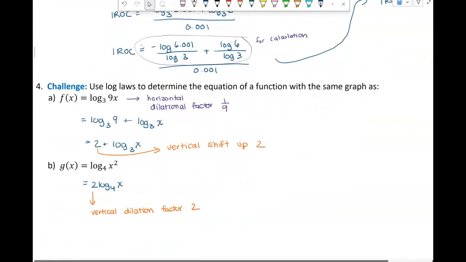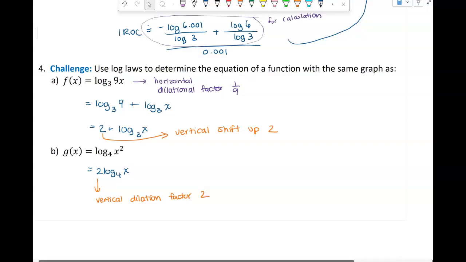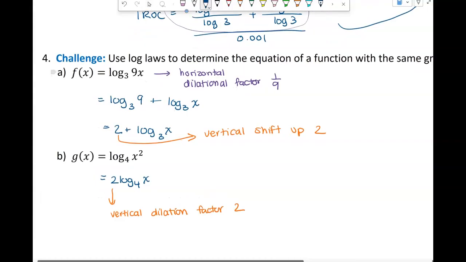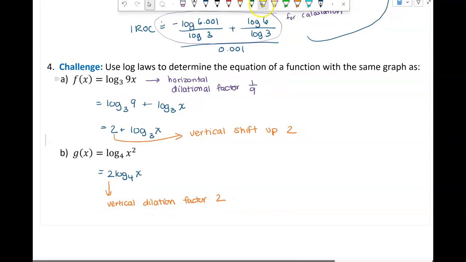All right, now on to the challenge. If you're given a logarithmic equation such as this one here, f at x equals log base 3 of 9x, to me, that tells me that there has been a horizontal dilation by a factor of 1 over 9. Remember, this is a b value, so it's always the reciprocal. So that's what this equation tells me. But I can use log laws, or laws of logs, to find another function, another equation that actually gives me